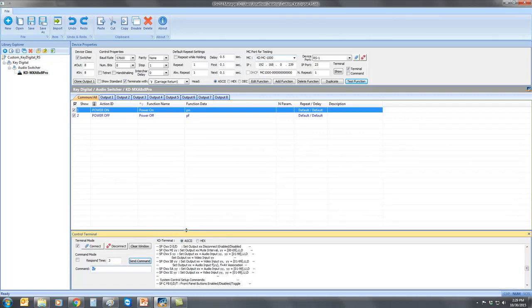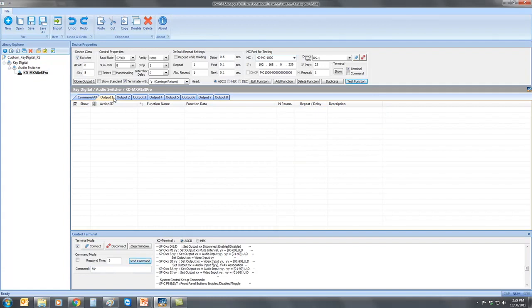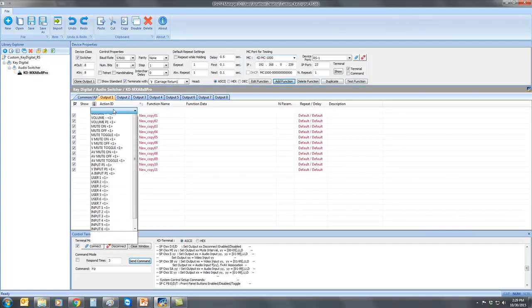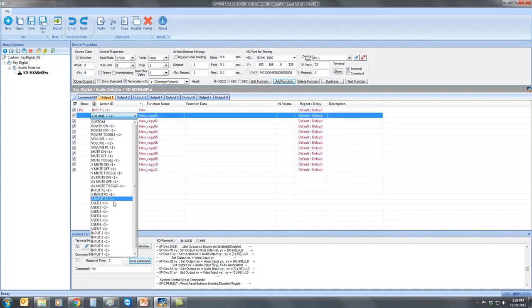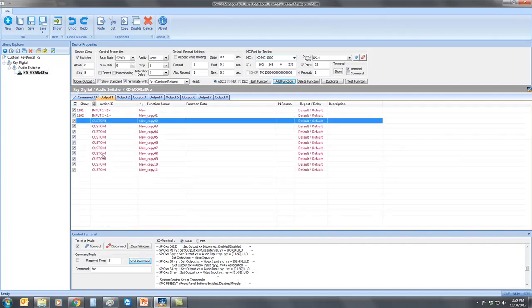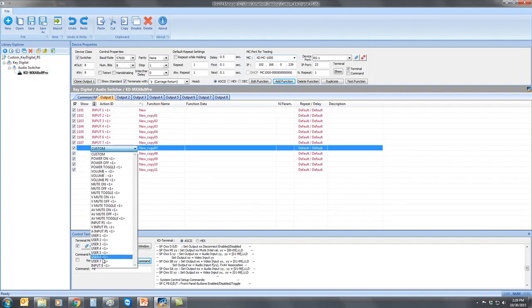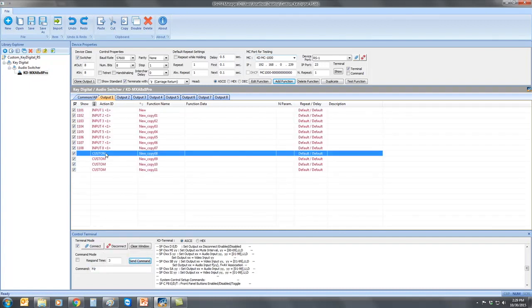So let us now move on to commands that aren't really to the whole unit, but instead to one of the outputs. So for example, this is an 8x8 matrix. Let's go ahead and add 8 input commands, and I'll try to do this as fast as possible. We'll do 8 input commands, but we'll also do a mute toggle command, a volume up command, a volume down command, because we have the incremental controls, of course, and then even the command that's 00 through